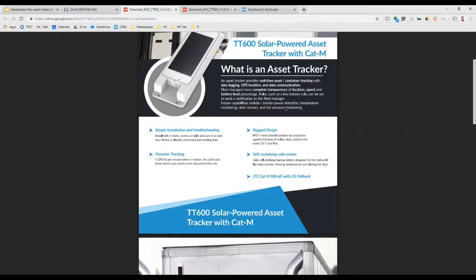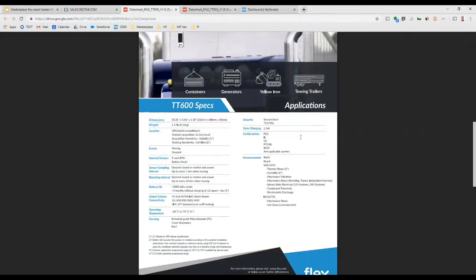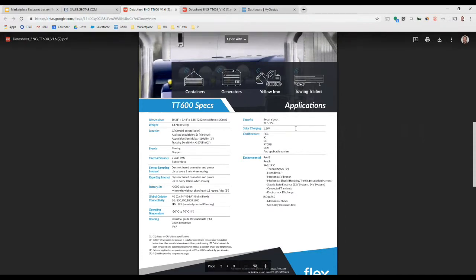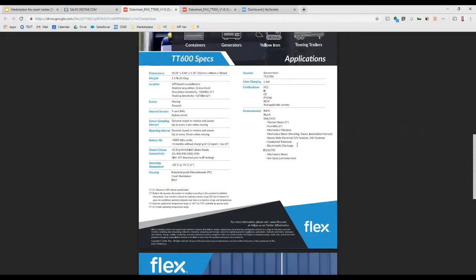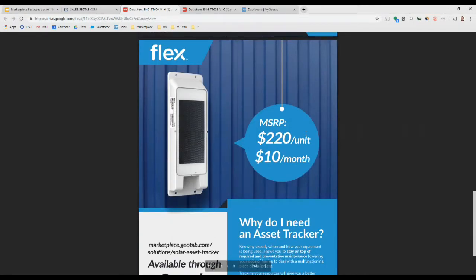So some of the stuff we've already covered in terms of what's capable with the device. Here's more of the actual specs that are on the unit and what's capable. You'll notice the 600, which we're talking about, doesn't talk about the connector. That will be on the other page we'll talk about. The other thing that we've added in here was some MSRP pricing, which I think is worthwhile to discuss here